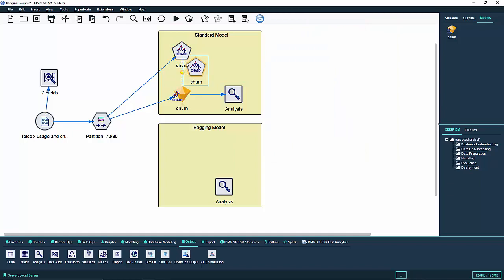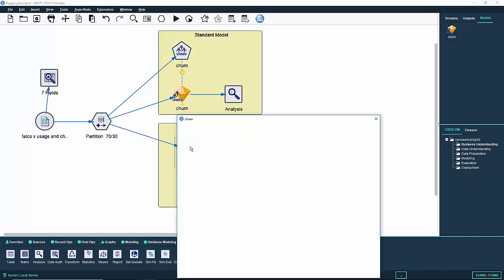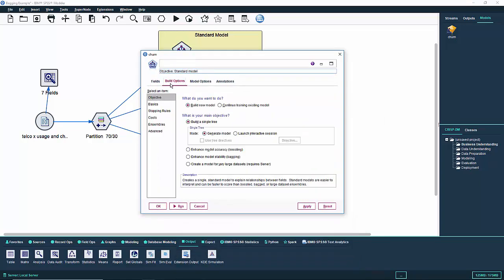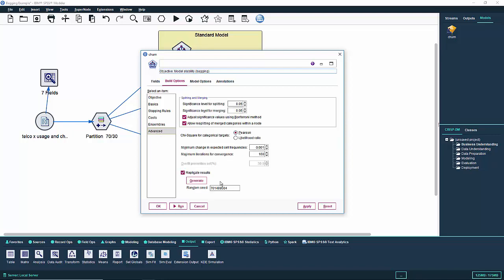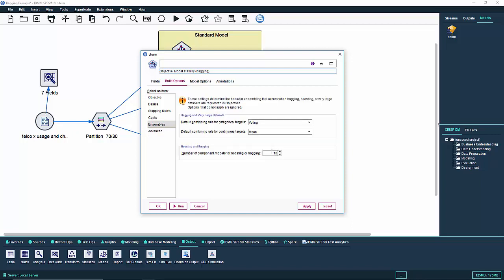If I just copy this node down here, so we're looking at a decision tree model, we'll double click on it, and I'll switch to a different method here. You can see here we've got a standard method, build a single tree. I'm going to switch on enhance model stability, bagging. It does enhance the model stability, and it also enhances the accuracy. I can tell it how many of these bootstrap aggregated models to build, just by going down here and saying, okay, I want you to build 30 models. So I'm actually going to build 30 models. It does that,